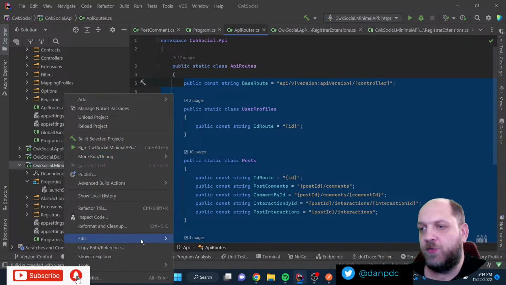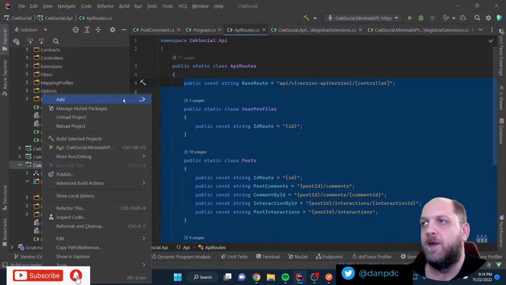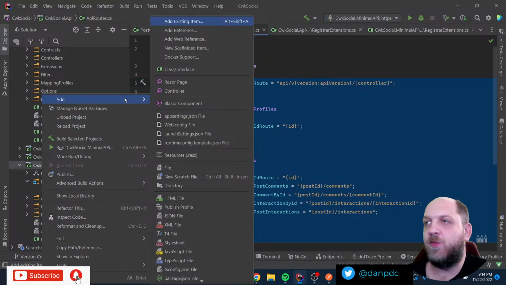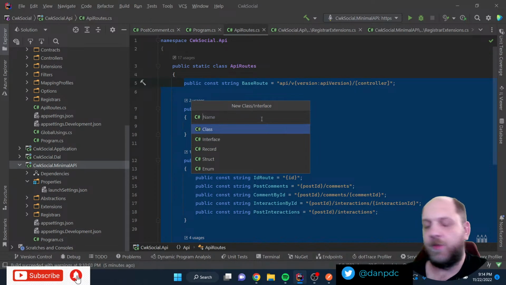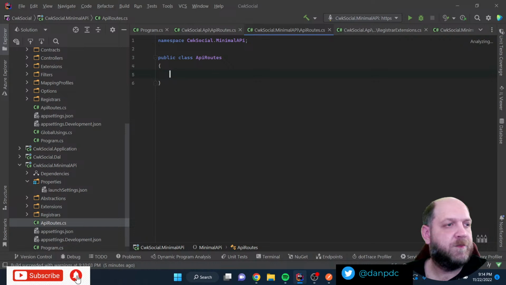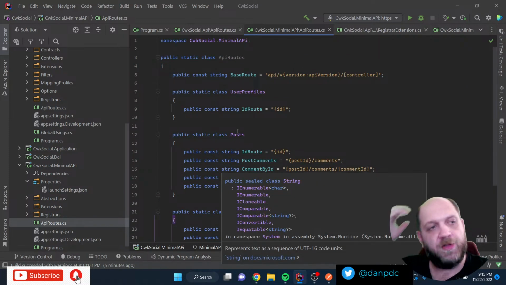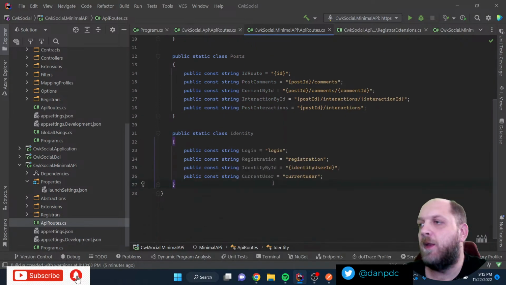So what we want to do here, and by the way, I'm back in Rider, even if it's still not full support for .NET 7 SDK, but I just want to prove to myself if it's workable or not. So we call this API routes. Public static class API routes, and then these are all the routes that we have implemented for now in the API. So we are okay.